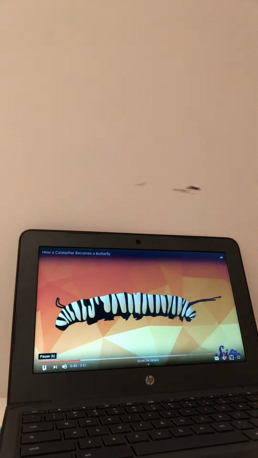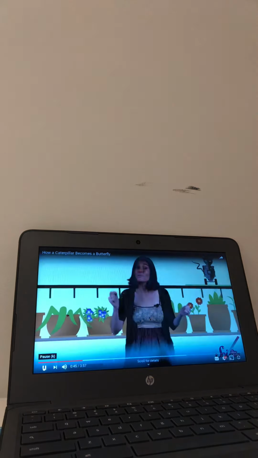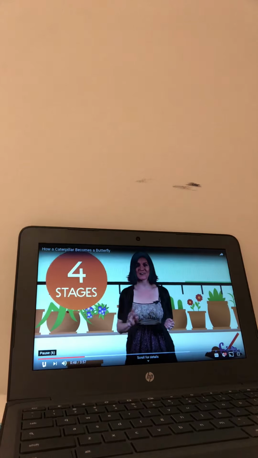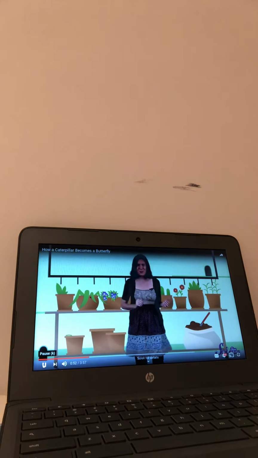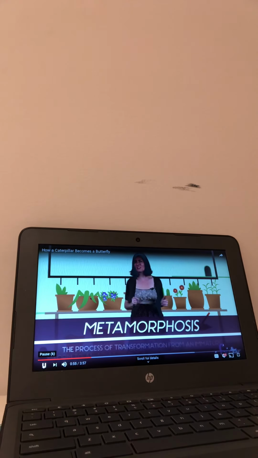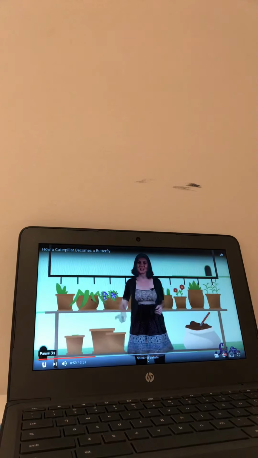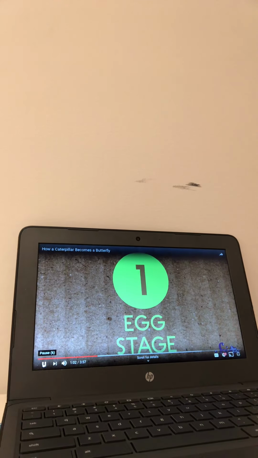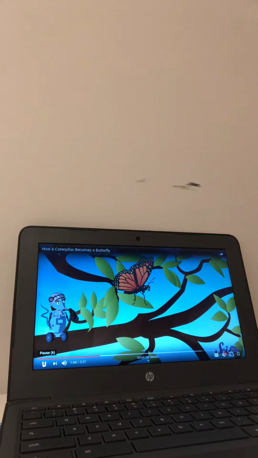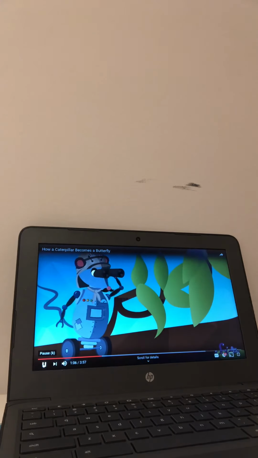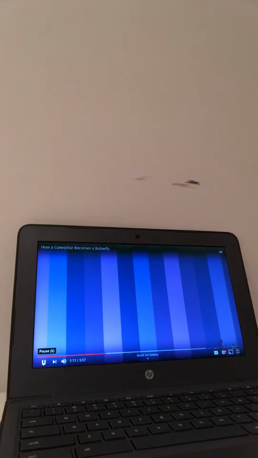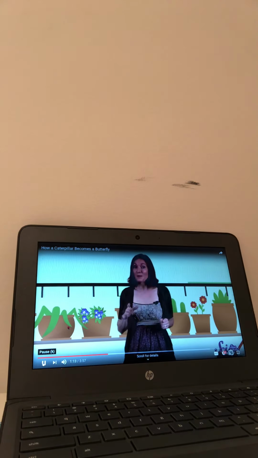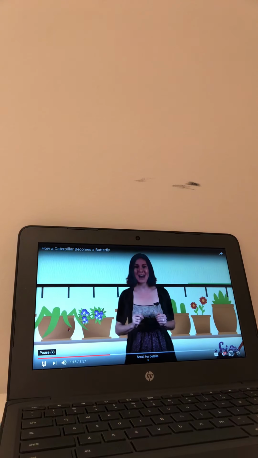So, how did this become this? Well, butterflies go through 4 stages in their life that turn them into beautiful insects that we see flying around. Together, these 4 stages are called metamorphosis, which comes from the Latin words for changing shape. So what are these 4 stages? Stage number 1, the egg stage. During the egg stage, a mama butterfly will fly from plant to plant, and when she finds the perfect one, she'll lay her eggs on it. Itty bitty teeny tiny little caterpillars live inside those eggs. When they're ready, these tiny little caterpillars chew their way out of their egg, and now we've reached stage number